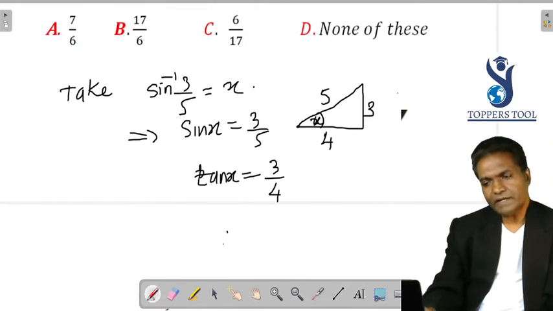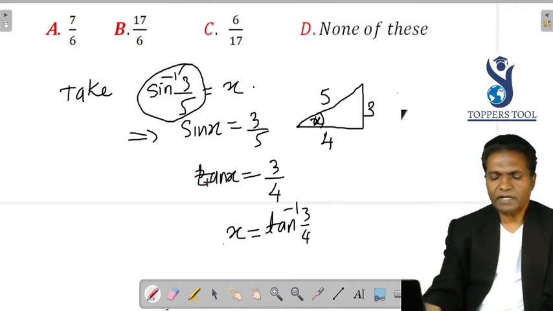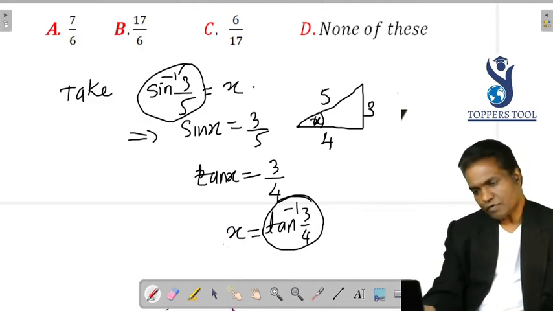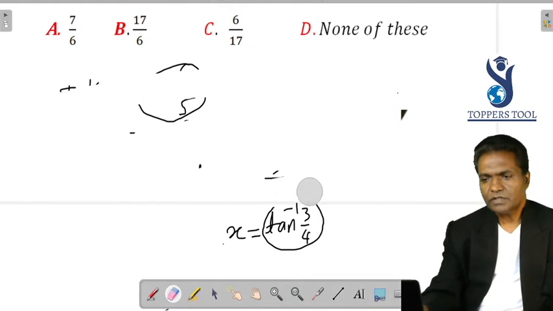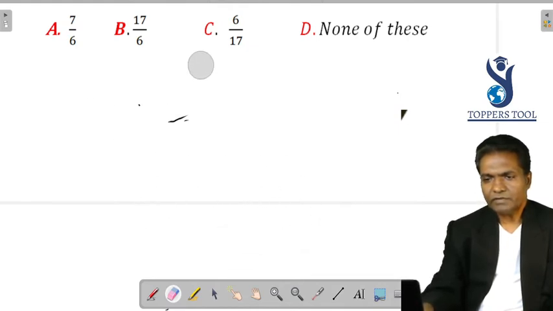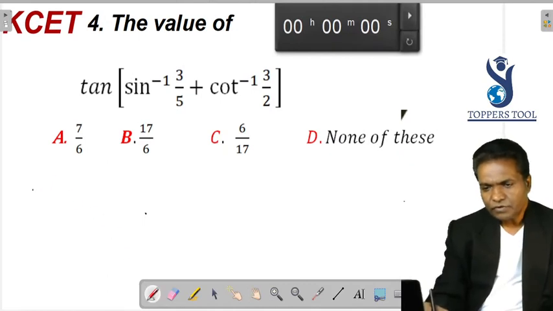So x will be your tan inverse of 3 by 4. Sine inverse of 3 by 4 can be replaced as tan inverse of 3 by 4. Note this down and we will do this. So equivalently, this can be written as